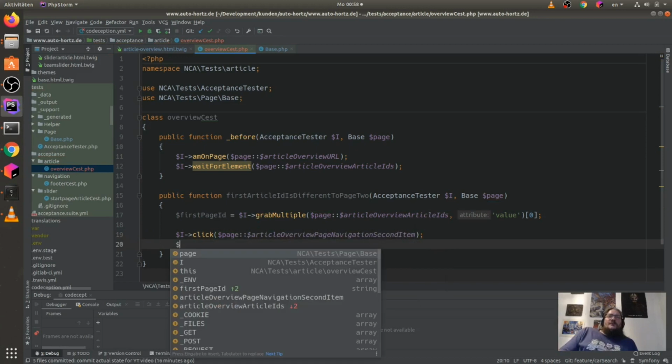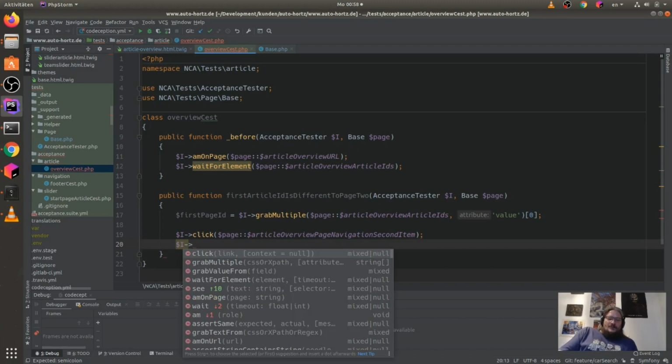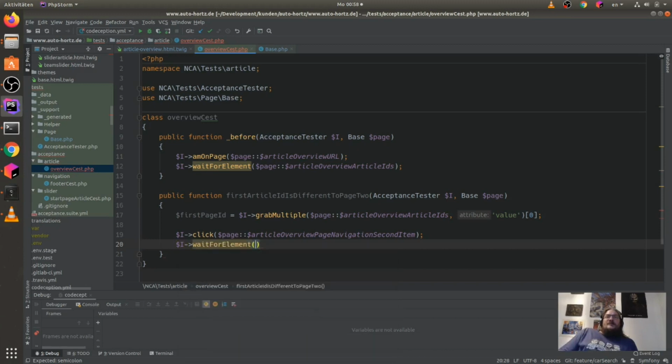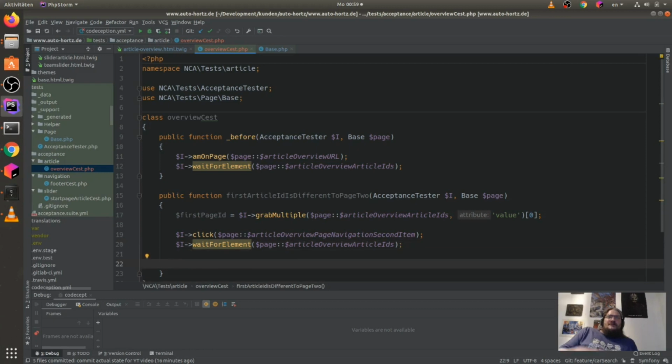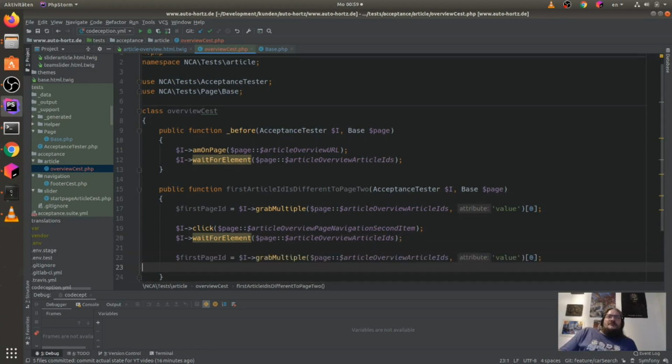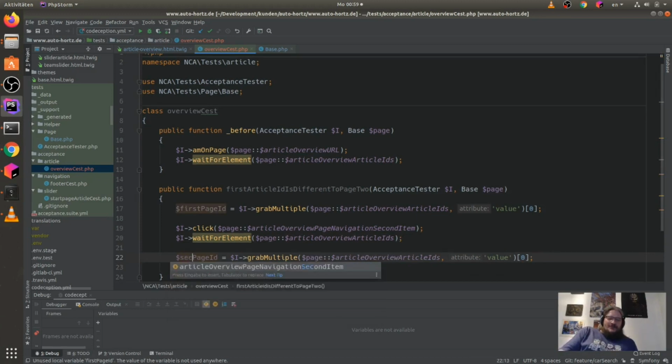Then I also have to wait for this here. And after that, I can say, okay, give me the same thing here as the second page ID. I'm super optimistic this will work.